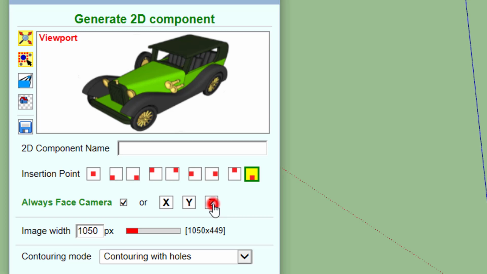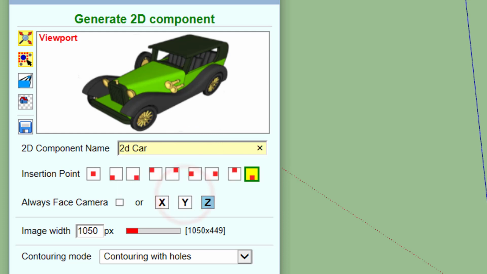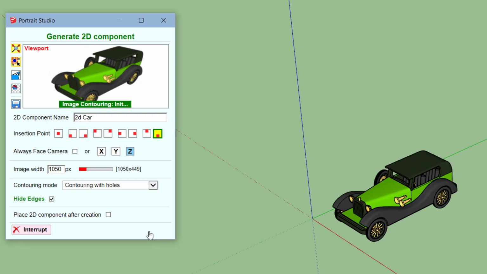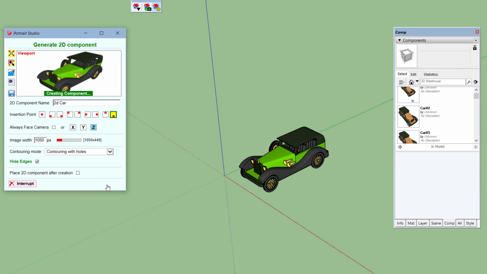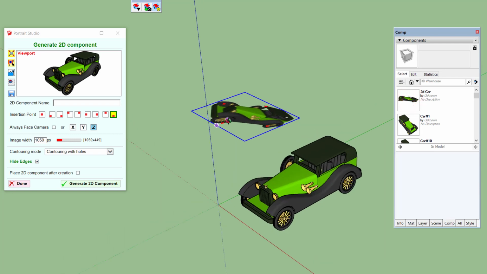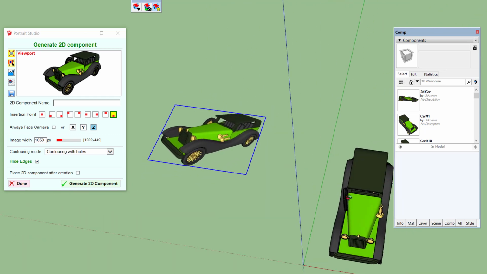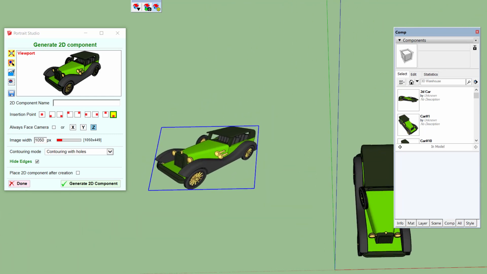So for example, Z would be on the horizontal plane. So let's take this. So here is the generation of the 2D component on the horizontal plane.